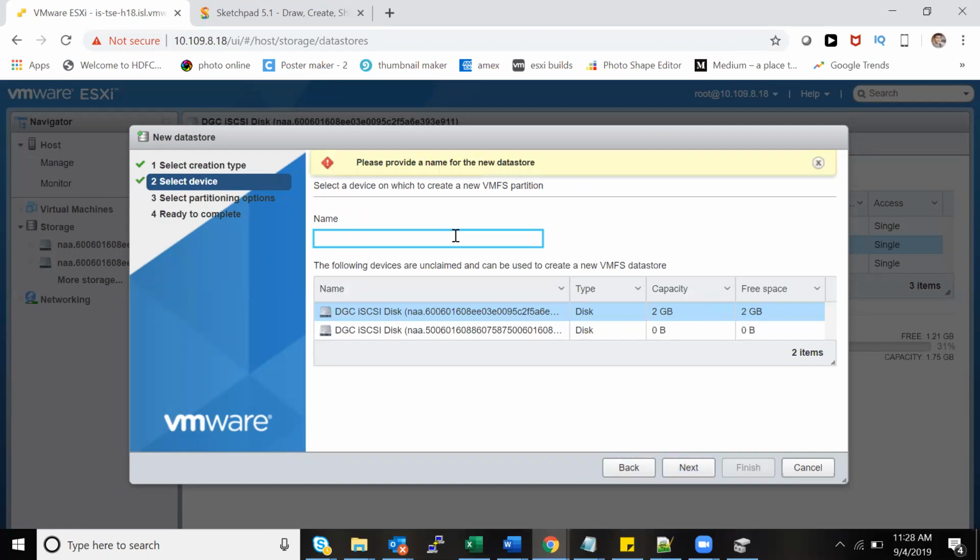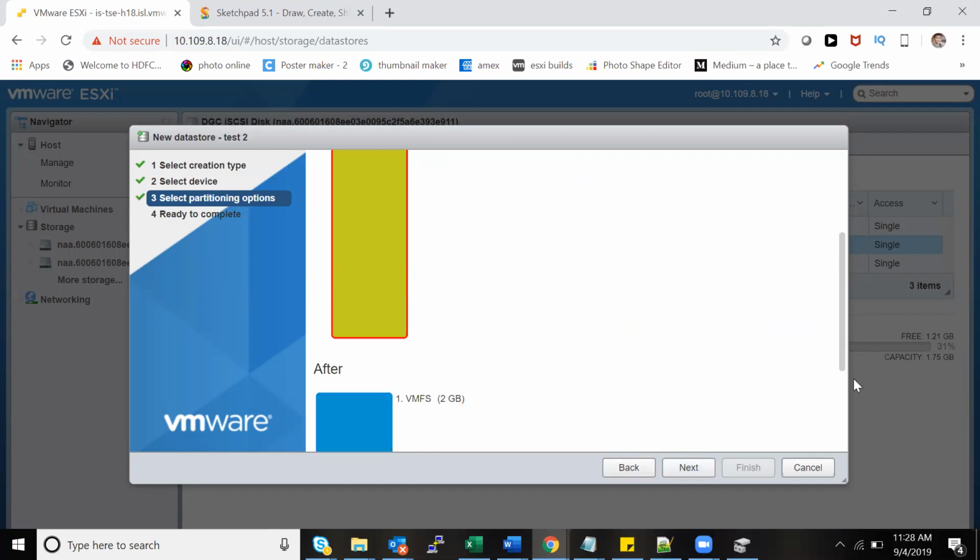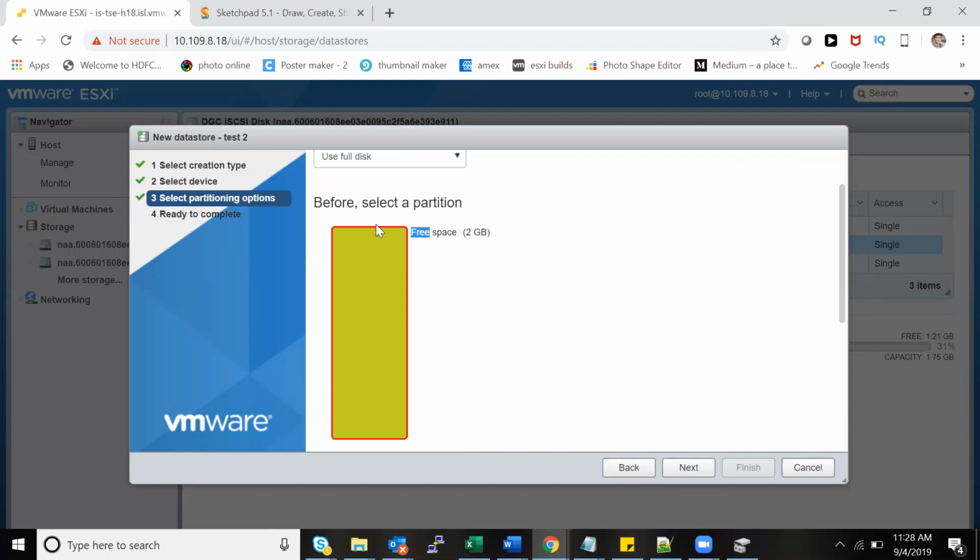However, I can set the partition in a way that I can use only 1 GB, or it's up to me. I can resize it. Okay. So I have to choose custom and say I want to use only 1 GB.